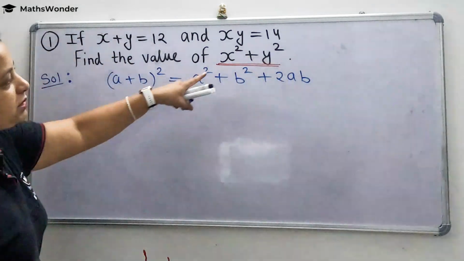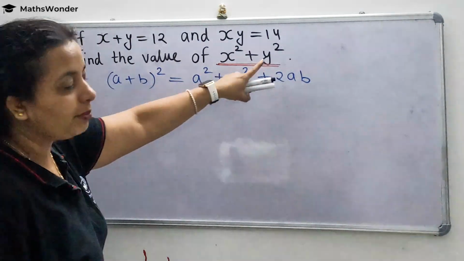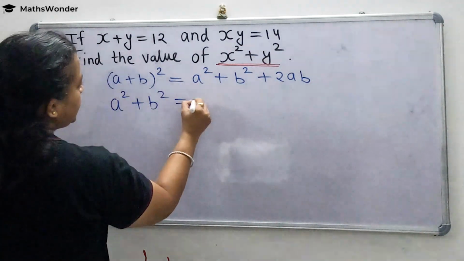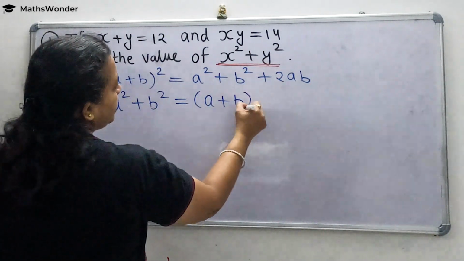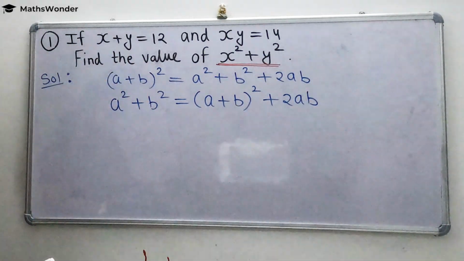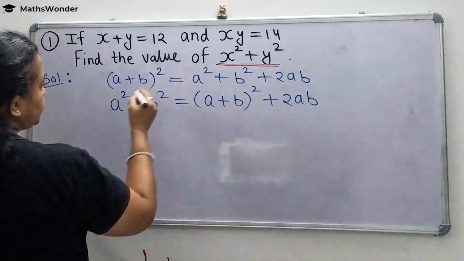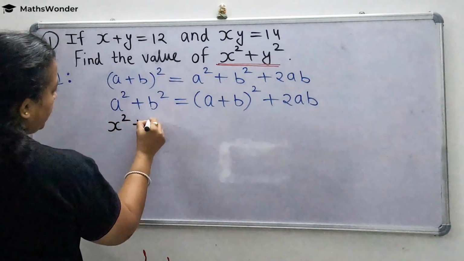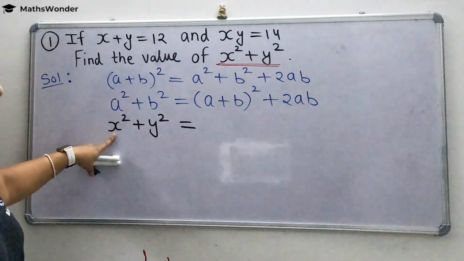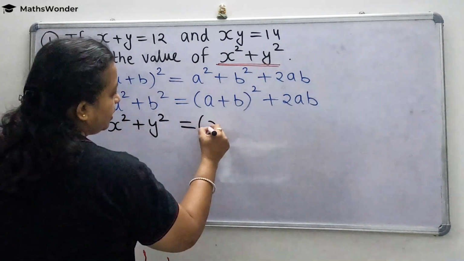Okay, but when you see the question, this is given in the a square plus b square form. So we will change your identity. Now it's become a square plus b square is (a plus b) whole square minus 2ab. Now we will start our question. So your question is x square plus y square. X is a here and y is b. Again you will substitute